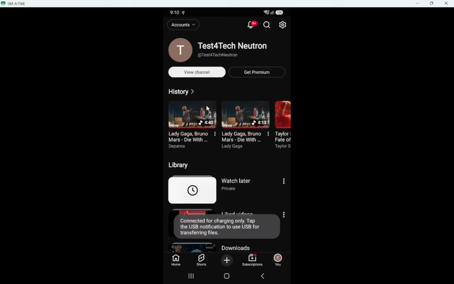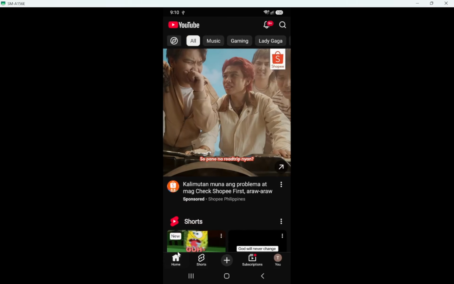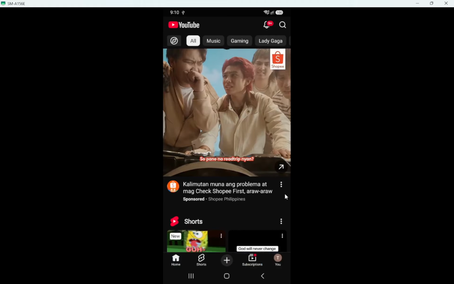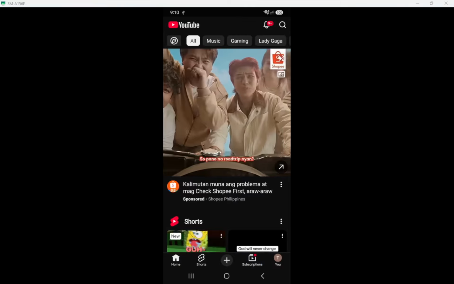Finally, sign in with your Google account if you want access to your subscriptions, history, and personalized recommendations. When prompted, choose your existing Google account on the device or add a new one, then follow the sign-in prompts. Once signed in, your subscribed channels, watch history, and suggested videos will match what you see on other devices using that same account. You have now installed the official YouTube app from the Google Play Store and signed in so it is customized for you.